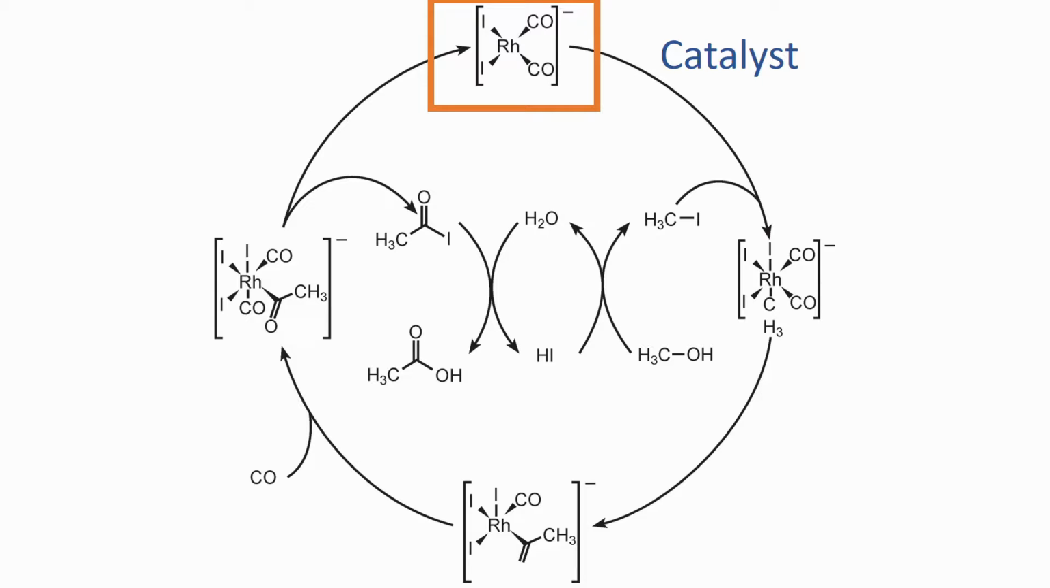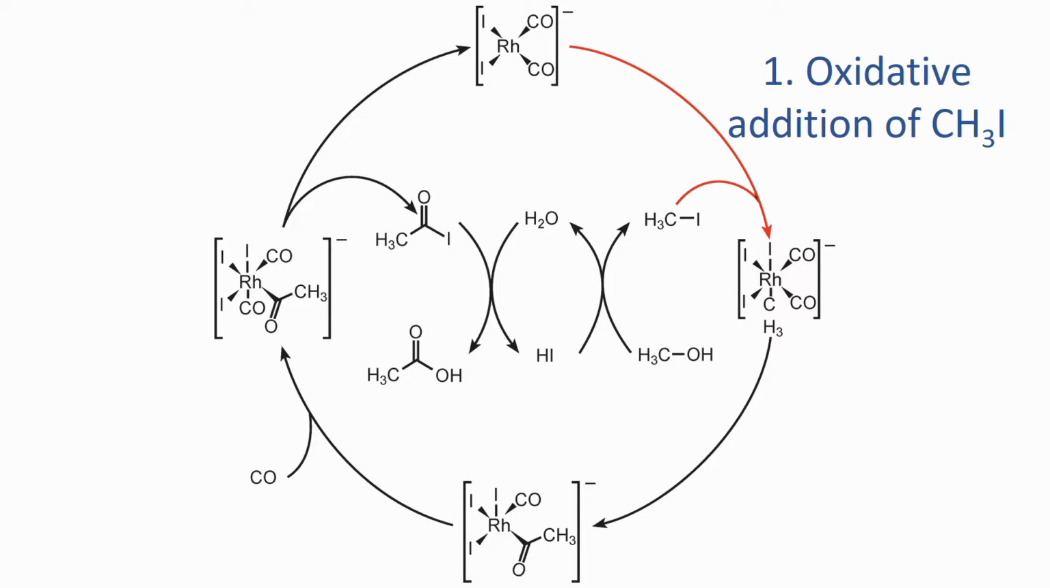This is a process developed by the Monsanto company in 1966 as an industrial method to manufacture acetic acid by catalytic carbonylation of methanol. The catalytically active species is the anion cis-rhodium-1 complex at the top of the scheme. The first organometallic step is the oxidative addition of methyl iodide to the rhodium-1 complex to form the hexacoordinate species